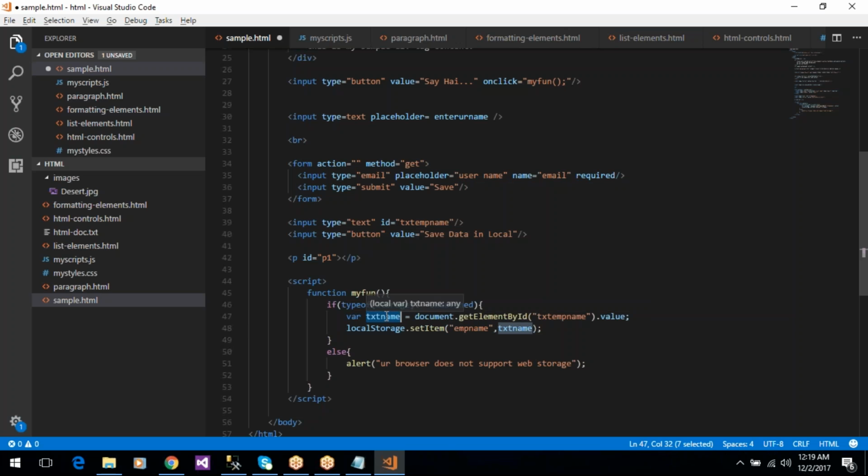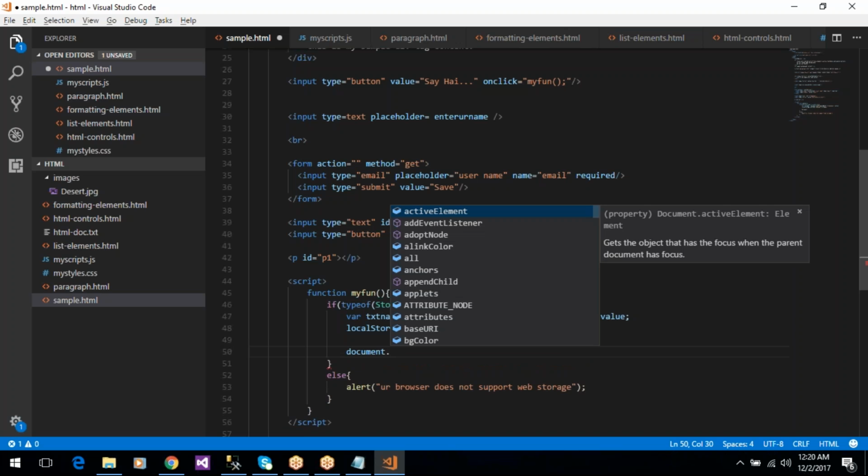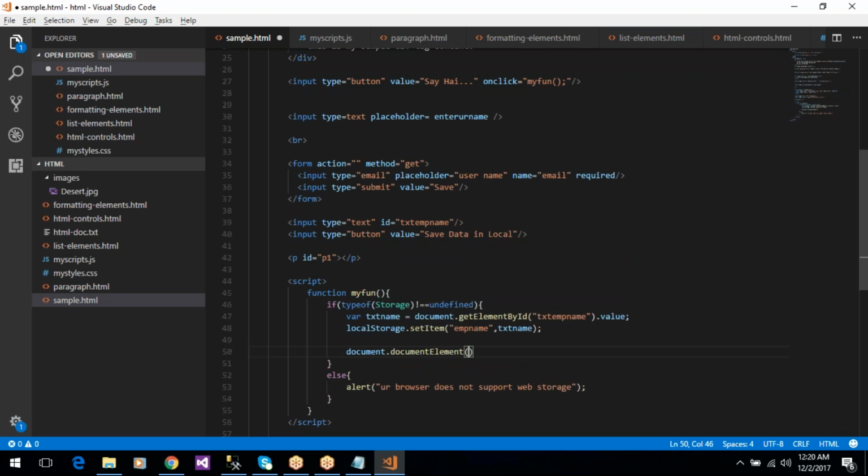The name stored in the text box will be stored in the txtname variable and assigned into the empname variable. This is the variable in local storage. Okay, the name will be available in this variable, and you can access the name from the local variable